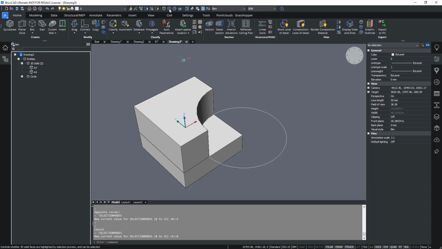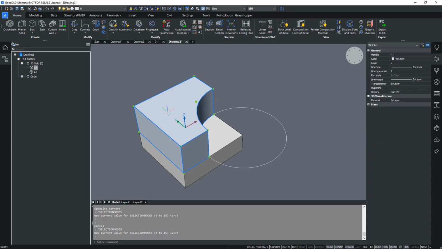For solids, if it's all in blue, then the solid is highlighted. As soon as I click the solid, the green grips appear as well. And then you know the solid is selected.